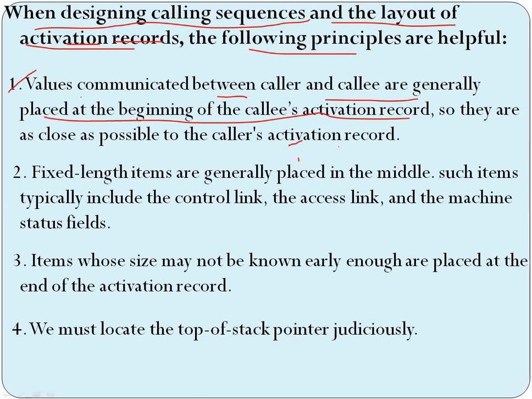So the callee's data values are placed at the beginning of its activation record, very close to the caller, which can access them if needed. Second, fixed-length items are generally placed in the middle. Such items typically include the control link, access link and the machine status. So these fields are stored in the middle of the activation record.